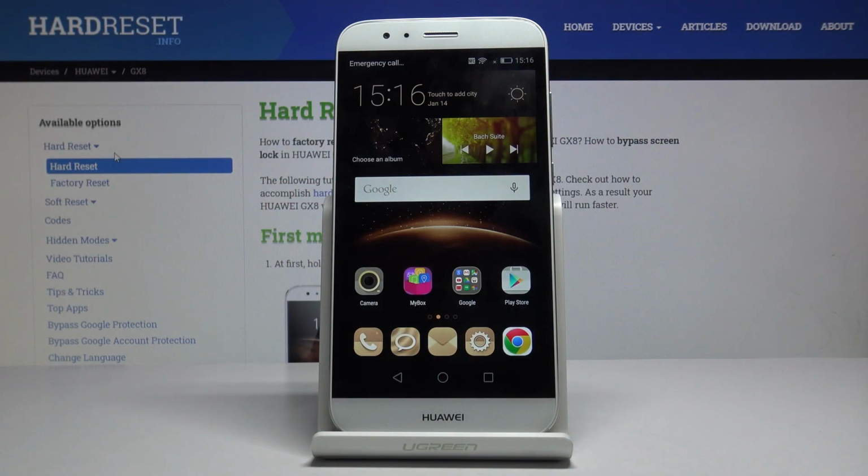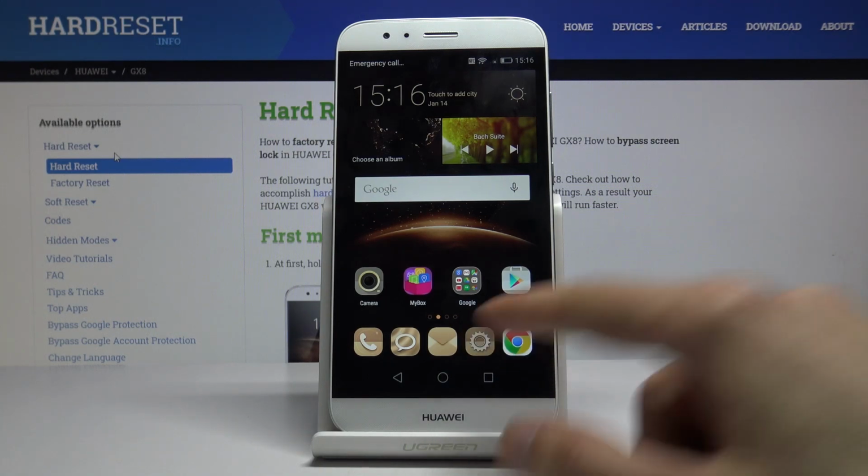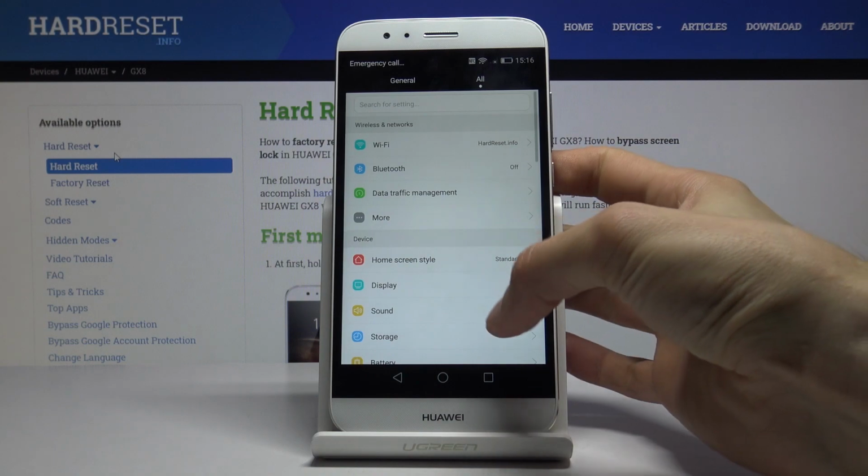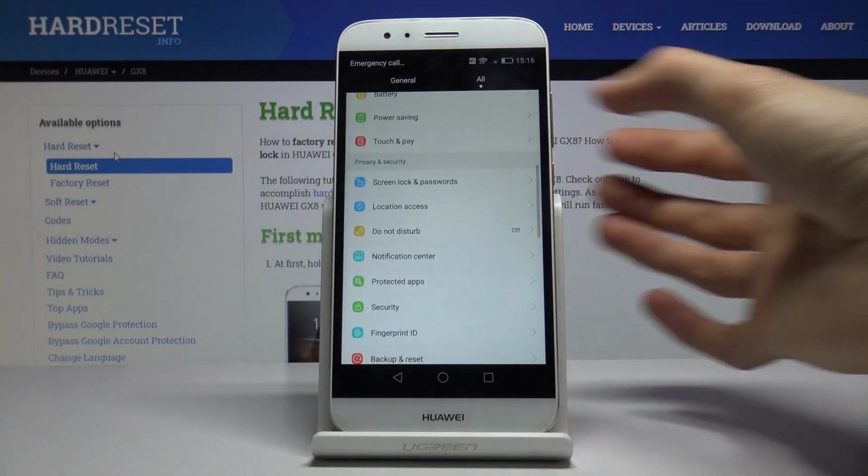Welcome, in front of me is a Huawei GX8 and today I will show you how to set up the Do Not Disturb mode. So to get started you want to go into the settings and from settings scroll down to Do Not Disturb, which is right here,